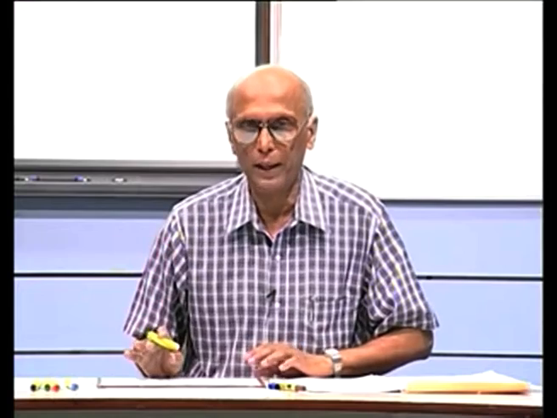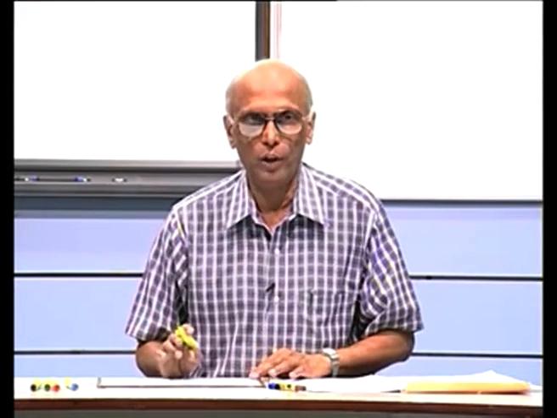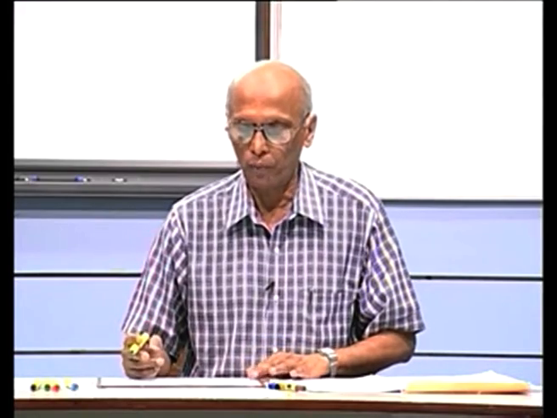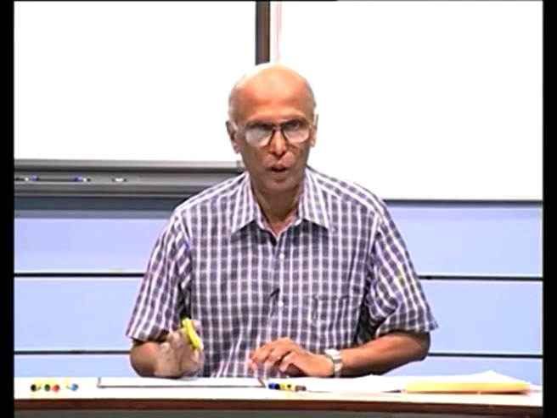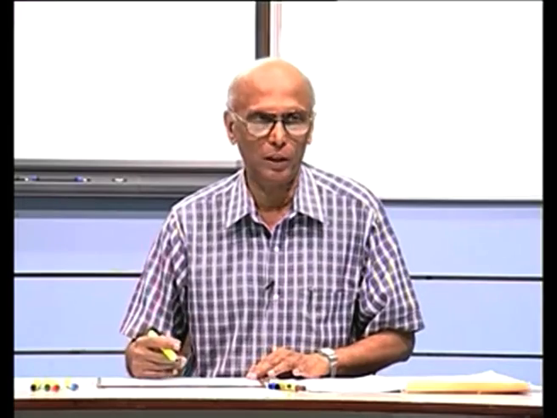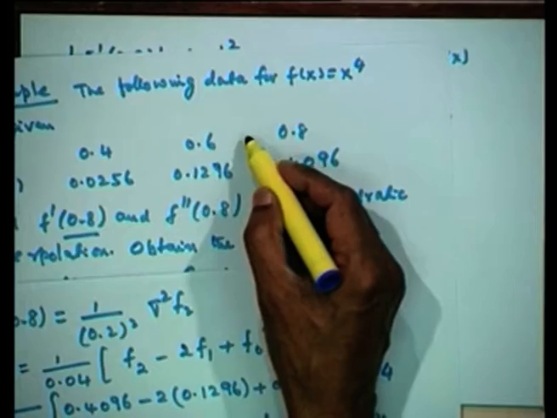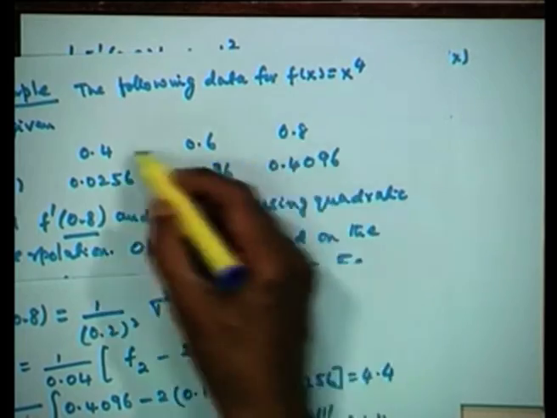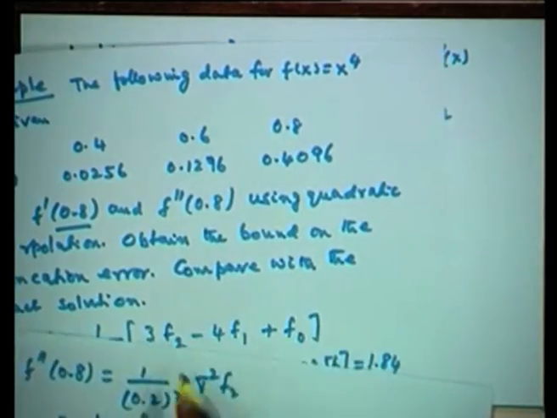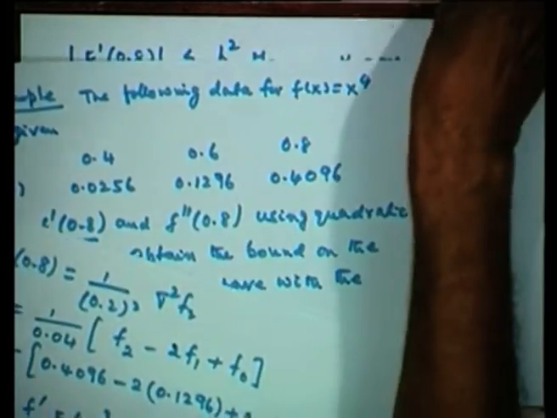Therefore, given data, and the point at which we want the first derivative or the second derivative, if it is at the beginning of the data, we shall use the forward differences. If we are at the end of the data, we shall use the backward differences. And using this formula, we could have computed not necessarily the solution at 0.8, we could have found the numerical solution at any intermediate point also, but then we shall be using the original formula that we started with.